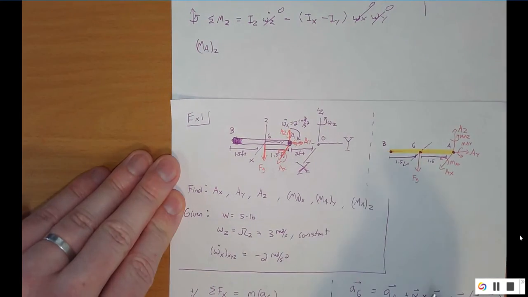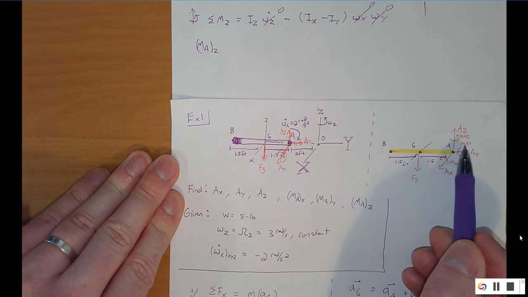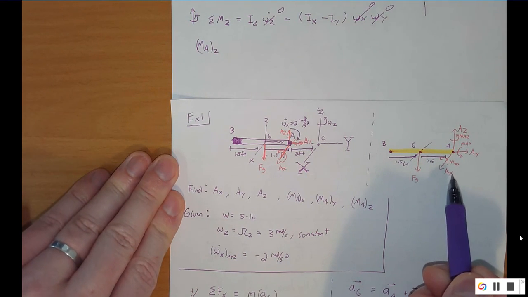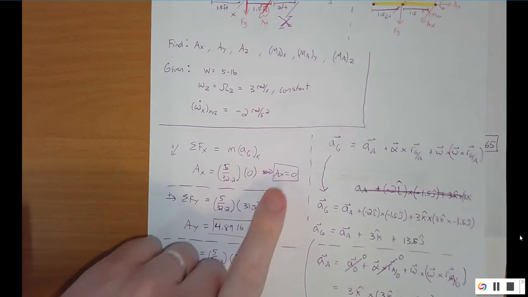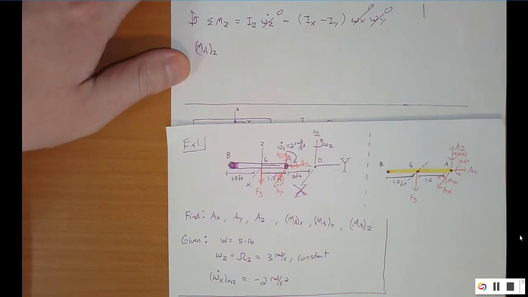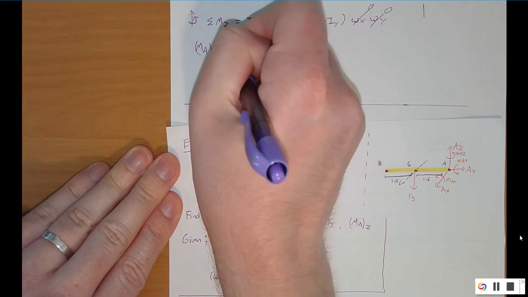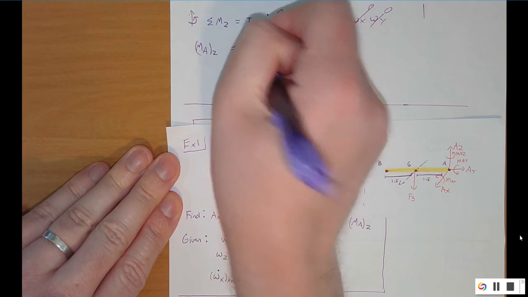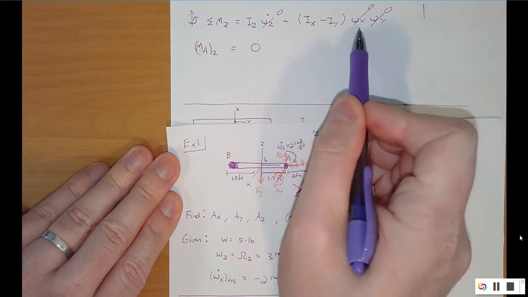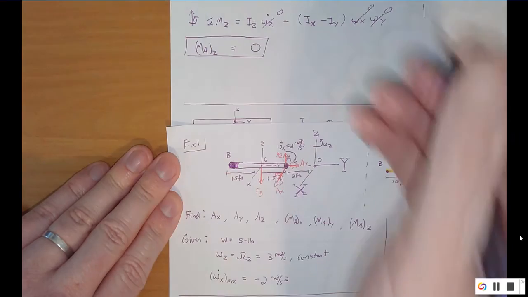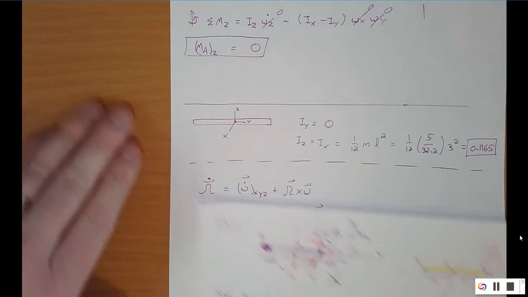So we have the Z. The only thing that will create a rotation would be the AX, but the AX, if you go and look at it, was 0. And so that term will also be 0. Again, omega dot was 0, and then both of these terms are 0. So MAZ will be 0. So that means that,